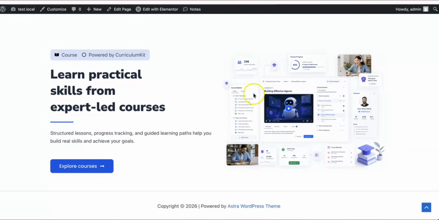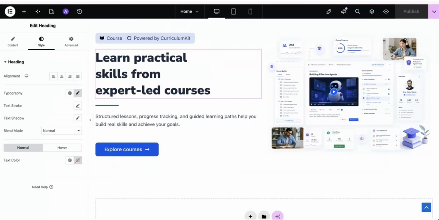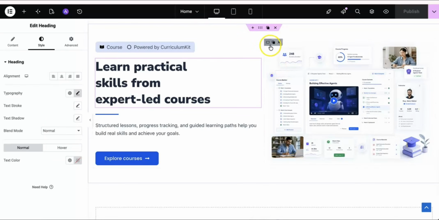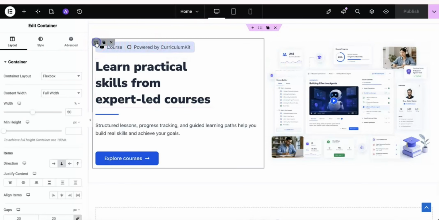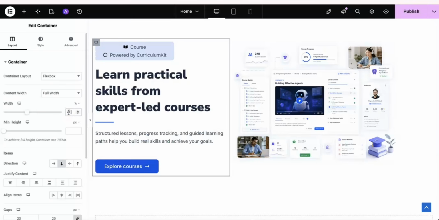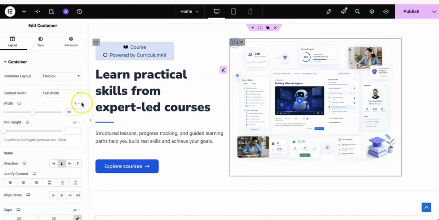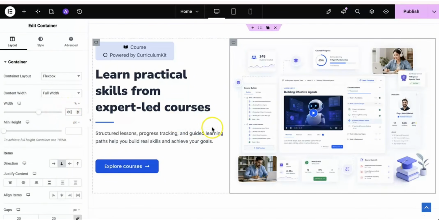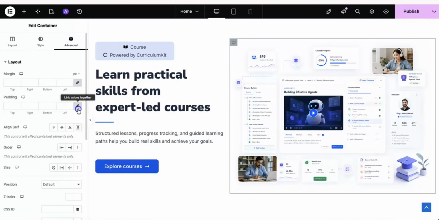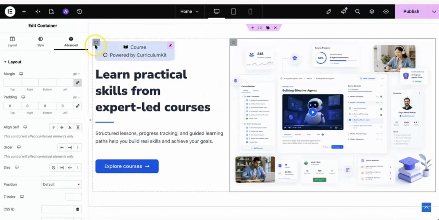Right now this is good, but we can make it even better because the image size is not good here. So what we will do, we will go here and we will reduce this section's size to 40 and increase its size to 60. So now the image is bigger, a bit better. Now I will remove its padding,